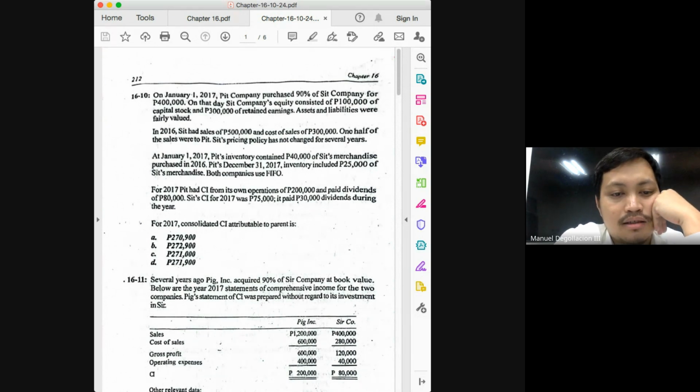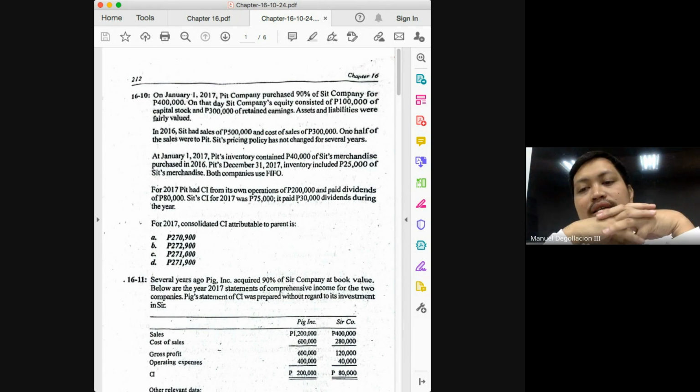Okay. Next. What is the 16, class? Plus or minus? Plus. Now, what's the other possible adjustment from intercompany sale of inventories? Deduct markup on ending. Do we have our ending inventory of goods coming from the subsidiary? Yes. How much? Do we deduct the 25? What we will deduct is the markup on the 25,000. How much is the markup on the 25,000? The problem is we are not given the intercompany sales information in 2017. What markup rate are we going to use in 2017?